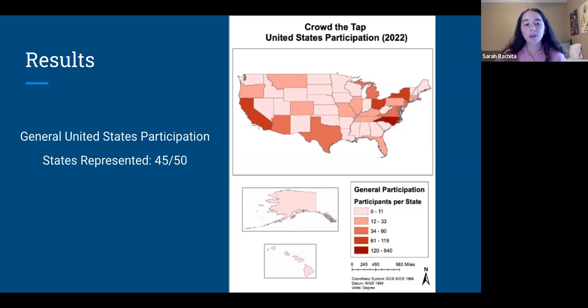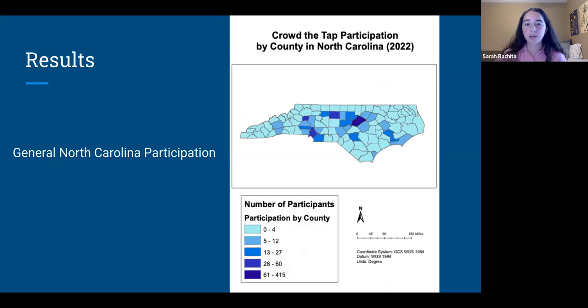Then we dove a little bit deeper into North Carolina specifically. This map is showing a county level, again giving ideas of general participation. You can see in the middle there, the darkest blue, that is Wake County. That's where we currently are, NC State being a big funder for this program. We have a lot of outreach and we've connected a lot with the local school systems, so it makes sense that we're getting a lot of data from these places. But you can see throughout, we have data from all the different counties, so that's definitely good as well.